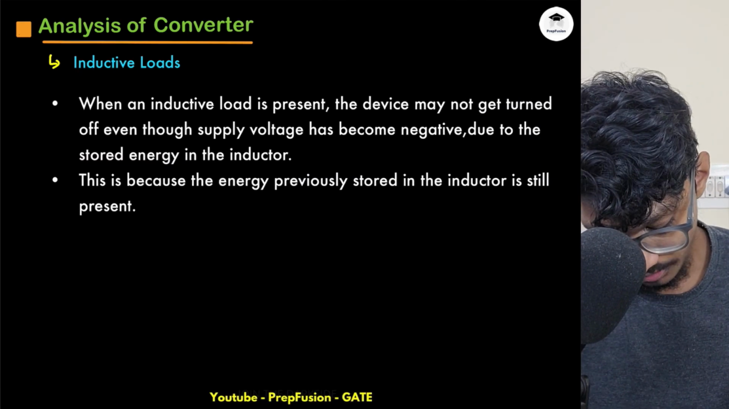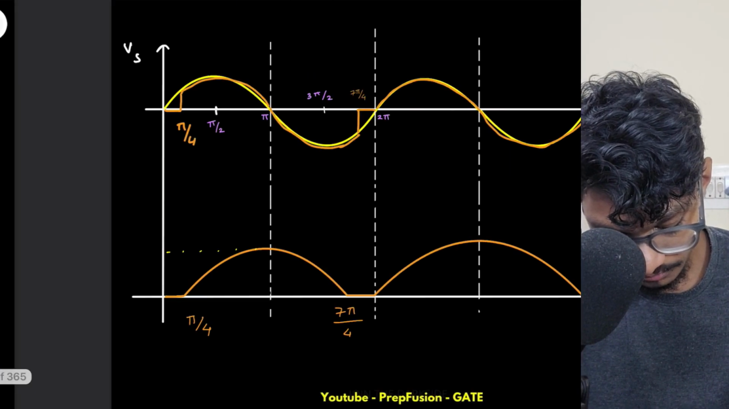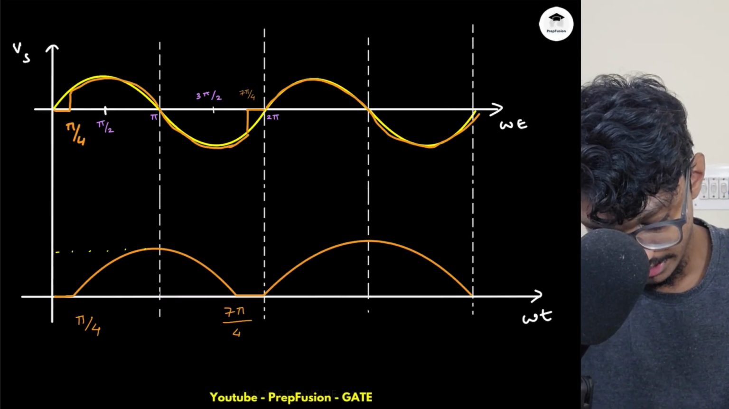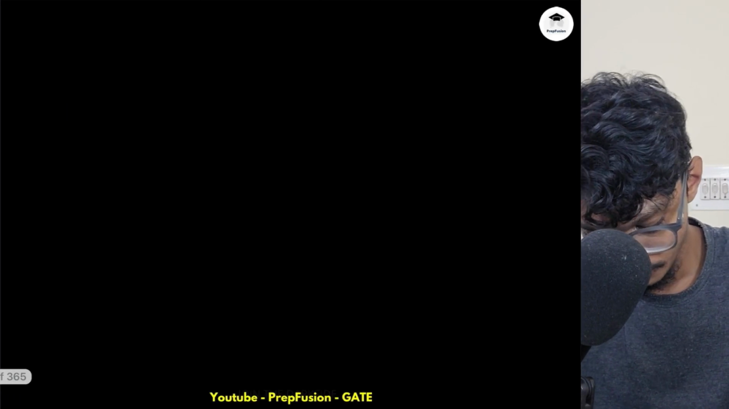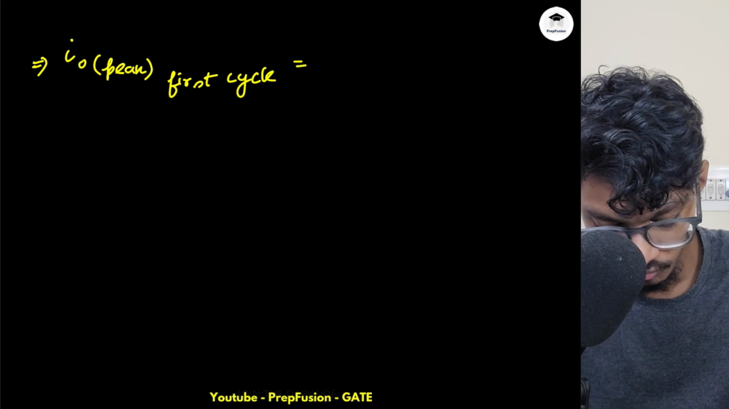So yeah, this will be the case. So in this case, what will be the peak value? The peak value in this cycle, I_O peak in the first cycle, will be equal to Vm